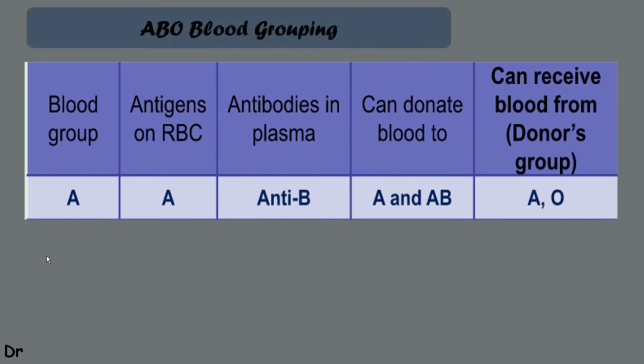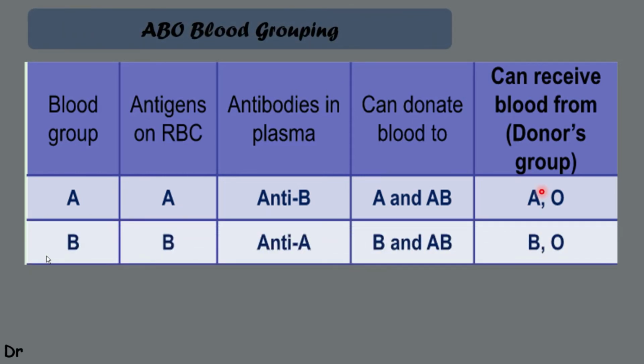The same thing we can check for the B blood group. The B blood group has B antigens and antibodies A in the plasma. So, to whom can the B blood group donate blood? Again the same concept: the donor's antigen and the recipient's antibodies. If the B blood group wants to donate blood, B antigen is there, so it must not enter blood which has B antibodies.